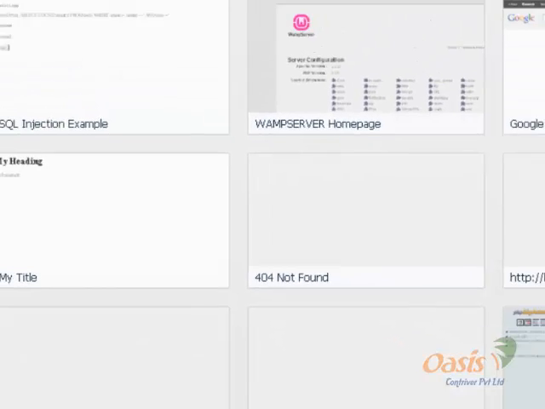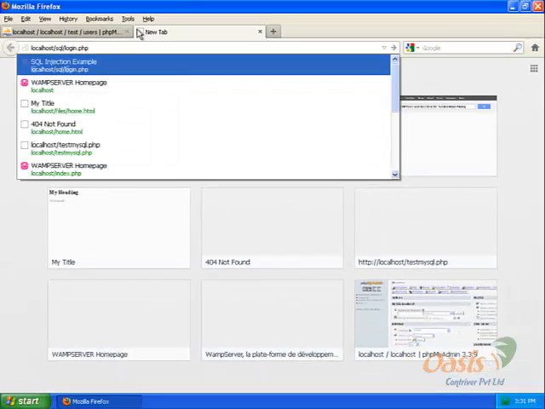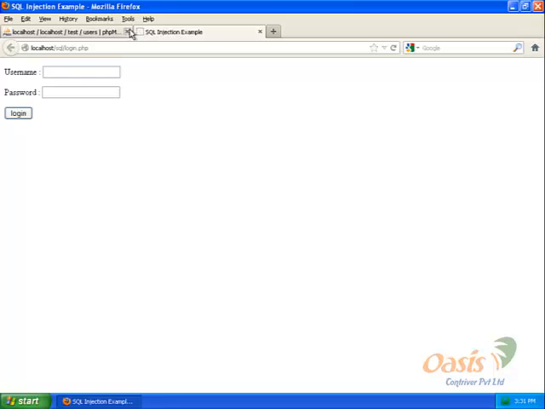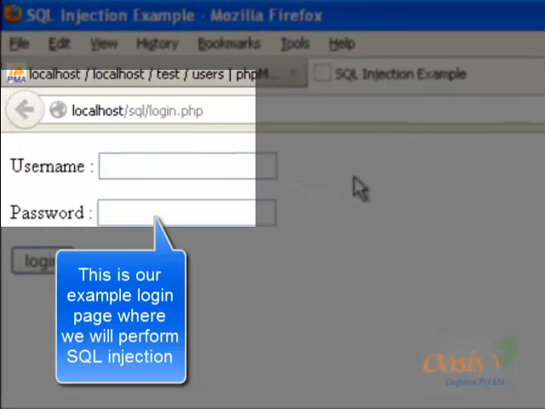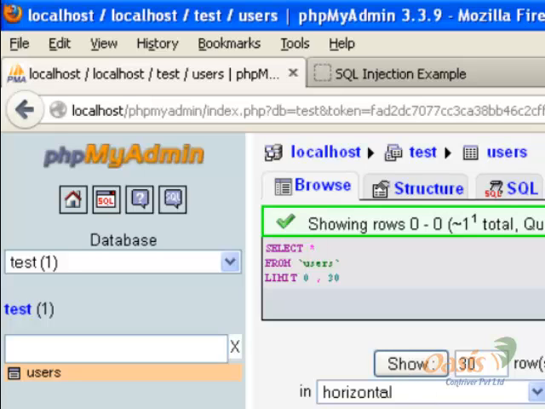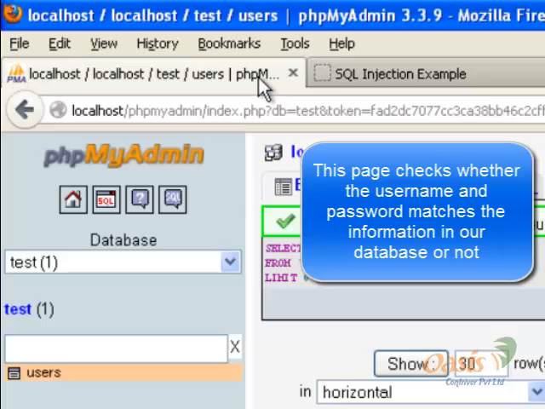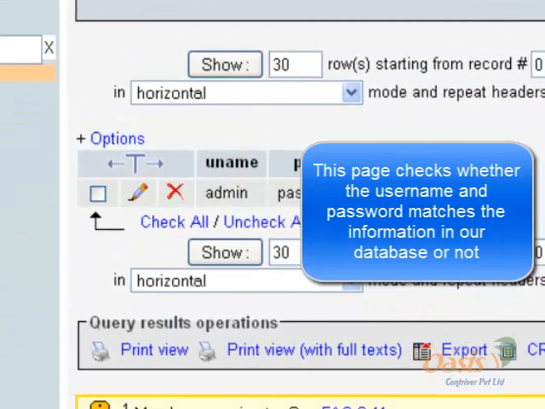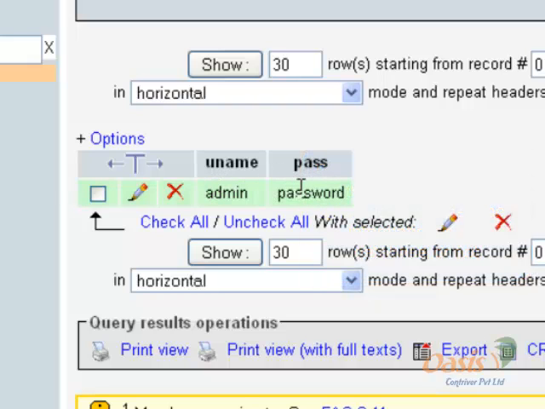Now let's go to our SQL injection example page, which is this page. This page is basically a login page which checks whether the username and password you enter here is valid and registered here or not. So it should be checking whether the username is equal to admin and the password is equal to password or not. So let's try